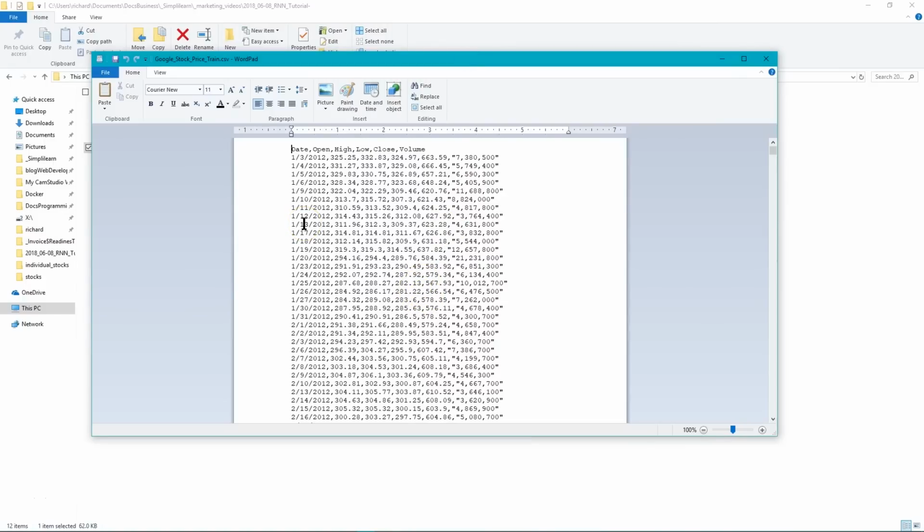Certainly you can open it up in Excel or any other kind of spreadsheet. And we note that this is comma-separated values. We have a date, open, high, low, close, volume. This is the standard stuff that we import for stock, the most basic set of information you can look at in stock. It's all free to download. In this case, we downloaded it from Google. That's why we call it the Google stock price, and it specifically is Google. These are the Google stock values from, as you can see here, we started off at